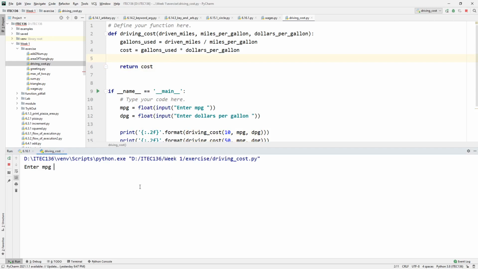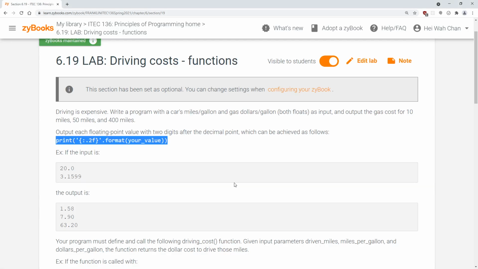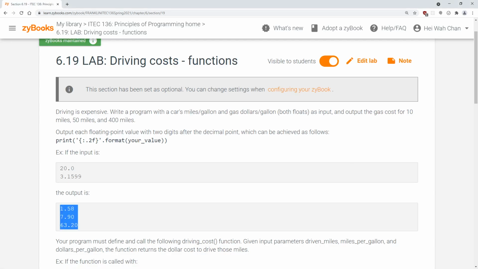And now if I run this, say 23.1599, and these are the outputs. Take a look at this output here. Does it look like what you see here? And if you're satisfied with this, let's copy with Control A and Control C,